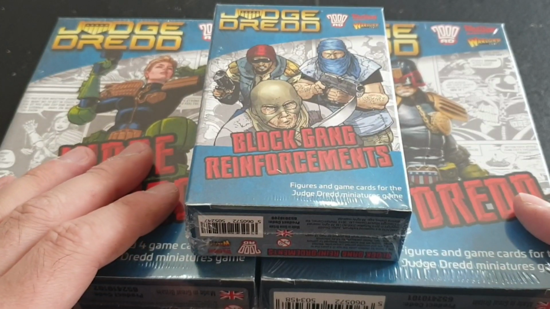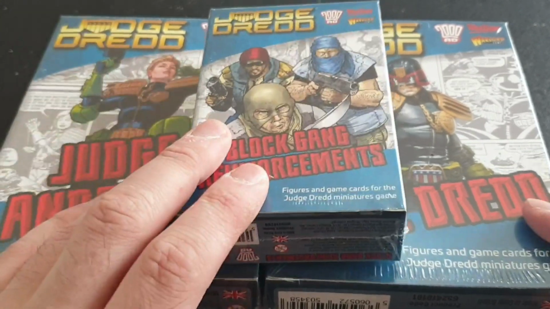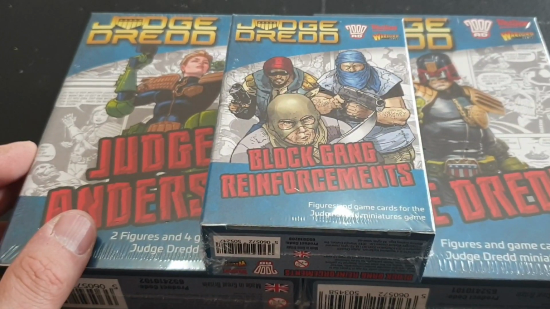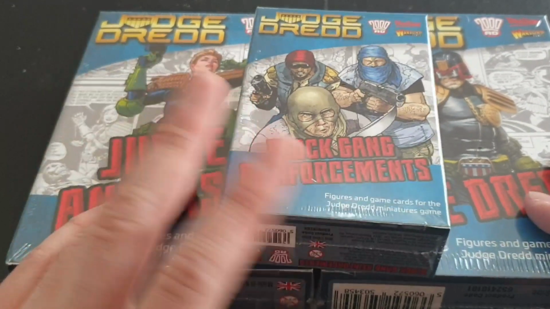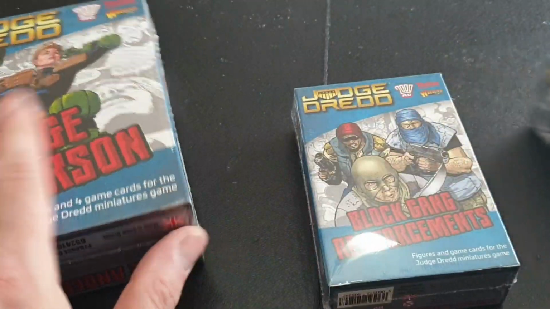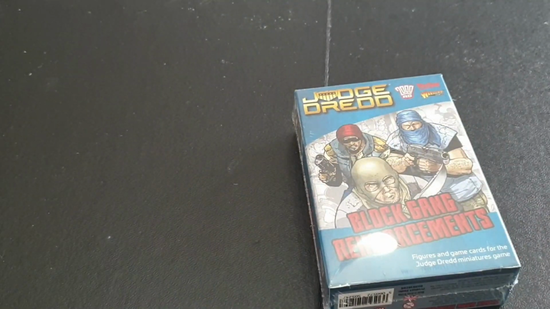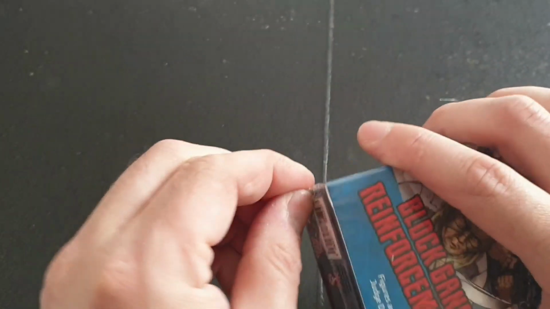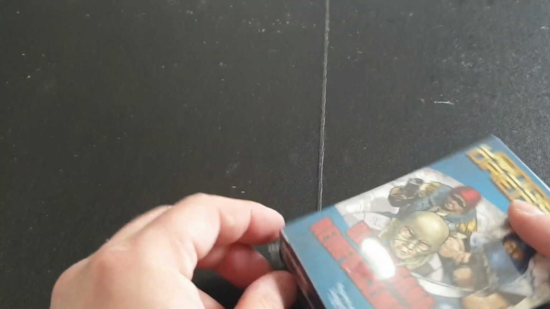So what we're going to do is we're going to have a look at them in total. I'm going to start with the block gang reinforcements because I'm going to be playing as a block gang mainly when I play, so that's why I want to look at these. And secondly, you guys are going to stick around for Dredd and Anderson, so I might as well milk it a little bit. So what I'm going to do is I'm going to take the shrink wrap stuff off now,